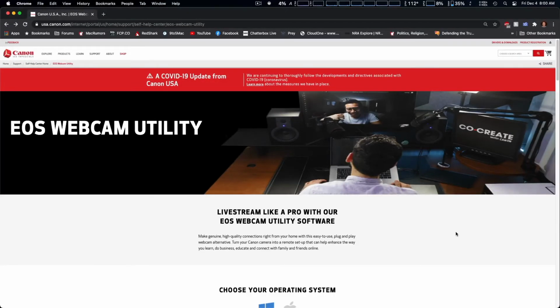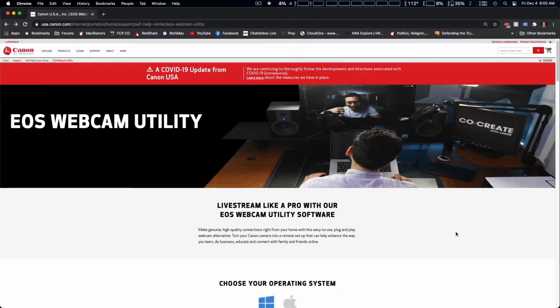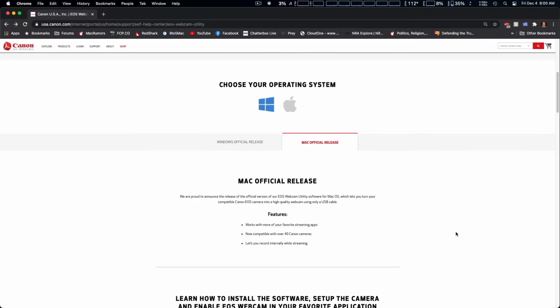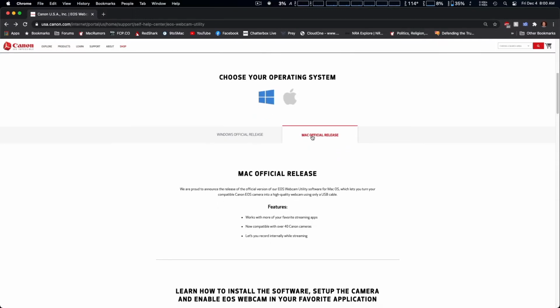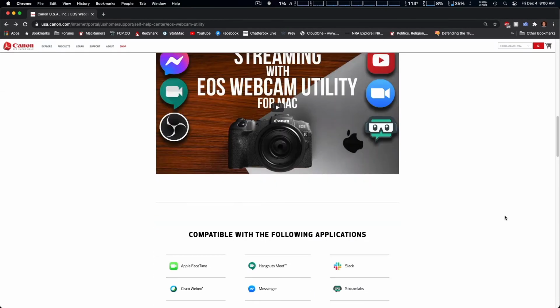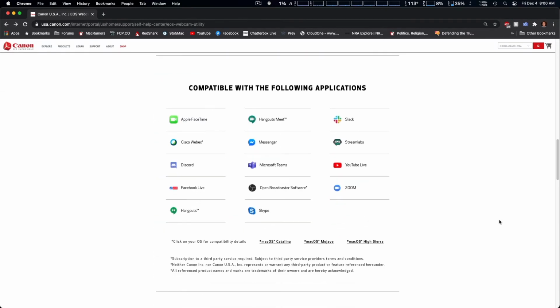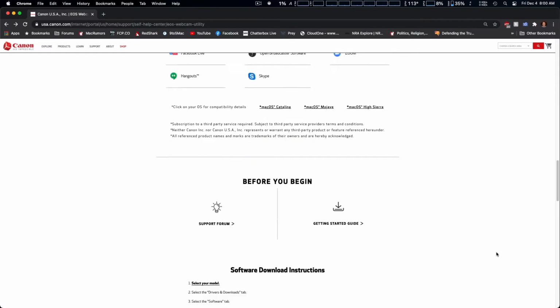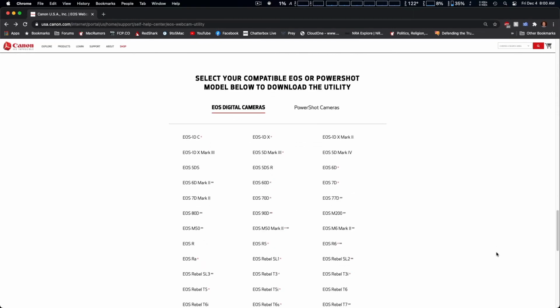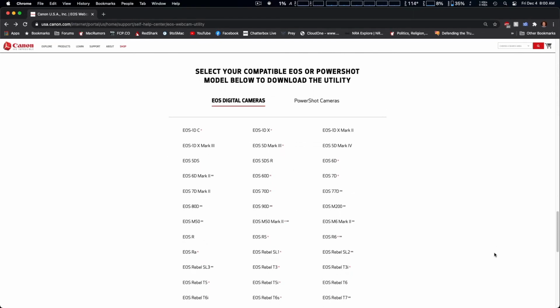There's been some updates with the Canon EOS Webcam Utility, and now it's out of beta for the Mac version. They had a final release, which is great. Currently it's only supported as far as up to Catalina. I'm on Mac OS Big Sur, but it still works. And also another new development, my Canon camera is supported, which is the EOS Rebel T3i, which is great as